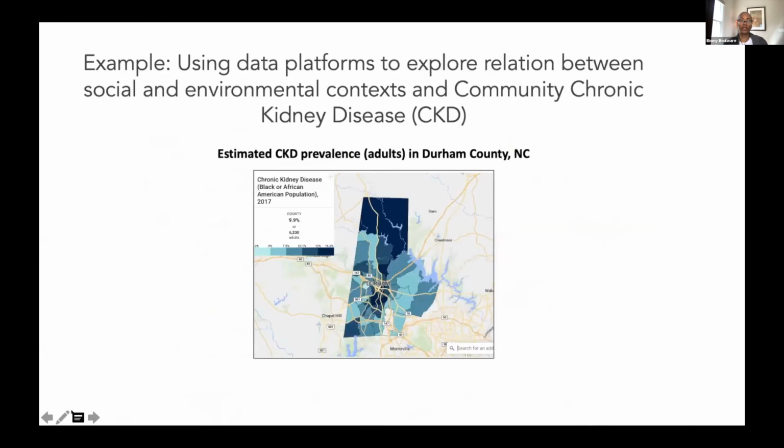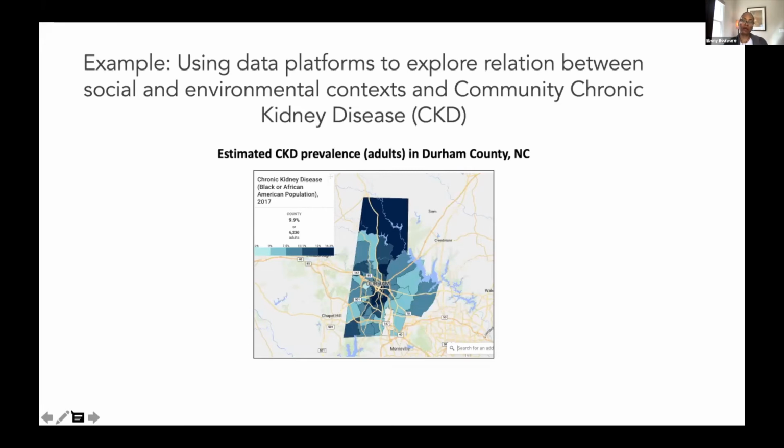So in research, we can take this same database, this same data platform we're using to let people know about it, and we're beginning to use it to understand how these social environmental determinants of health are related to the prevalence of conditions. This is some work that I'm working on with a colleague, Danushika Mahatage, who's a faculty member here at Duke in nephrology. And we're looking at chronic kidney disease prevalence among adults in Durham County and how they may be related to social environmental determinants of health.